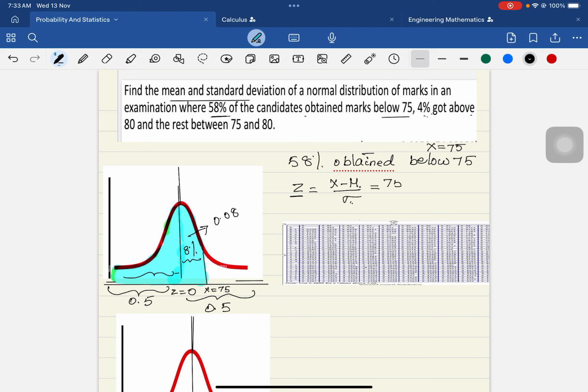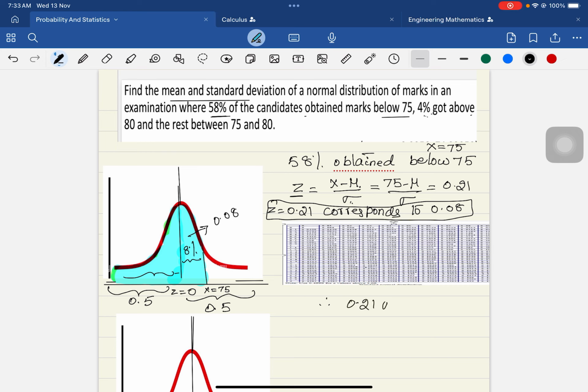So 75 minus mu over sigma is equal to the value we have seen in the z table, 0.21. What is this 0.21? 0.21 corresponds to the area 0.08. This is the value z equal to 0.21, corresponds to 0.08. I hope you could understand. So now how can we rewrite the equation? Therefore